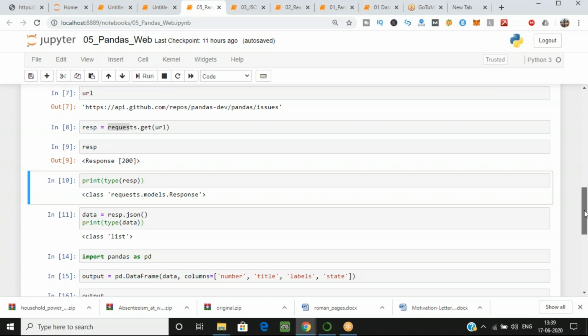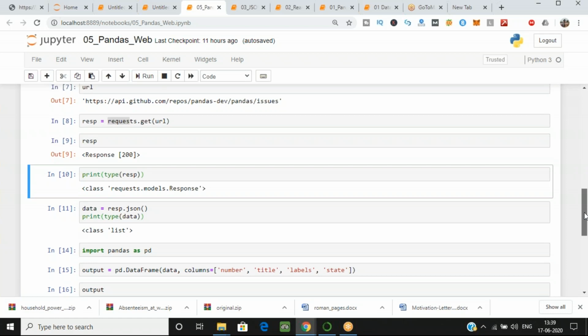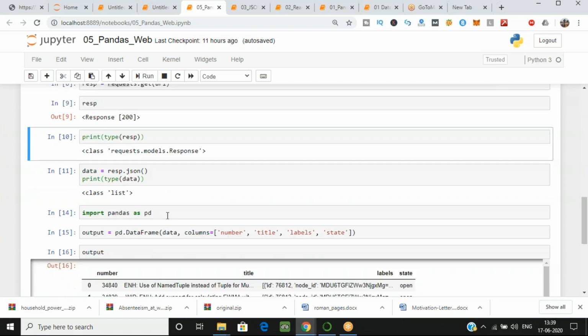So here comes our data frame also. Now I'll just import pandas as pd, because I want to work with pandas now. Here comes pandas. I have taken another variable, output, and I'm now creating one data frame with pd.DataFrame, and we are passing the value data, because I am passing the JSON which we downloaded from that website.